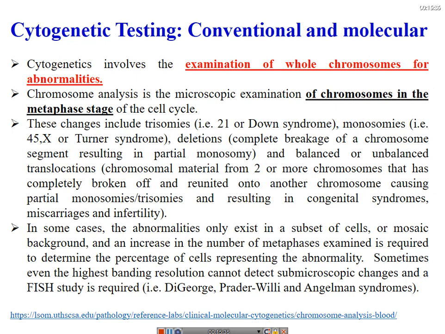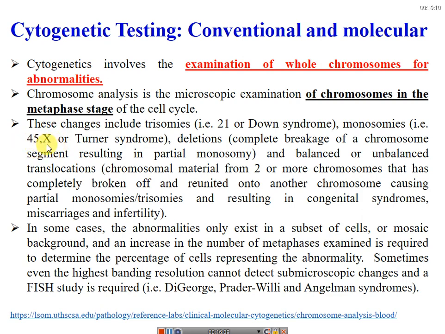All these aberrations you have probably studied already, that we have aneuploidy or euploidy leading to genetic disorders. For example, in trisomy we have chromosome number 21, where we have an extra copy of chromosome number 21 leading to Down syndrome. In monosomies, for example in Turner syndrome, one sex chromosome is missing, so the genotype